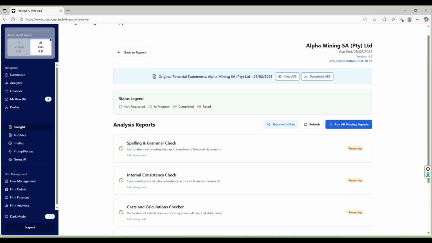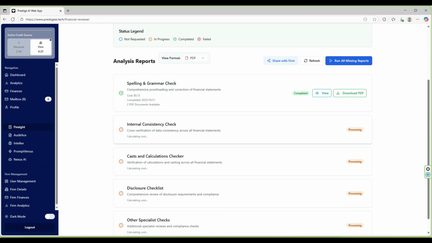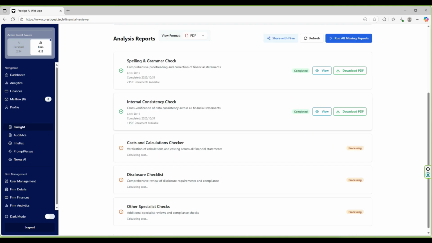Heads up, these bots do take a bit of time to deliver their magic. Anywhere from 1 to 8 minutes, depending on the bot type and how complex your financial statements are. Our disclosure checklists usually clock in the longest, but trust me, the thorough, pro-level results are absolutely worth the wait. Grab a coffee or tackle another task, and when you're ready, just hop back in via View Previous Reports to